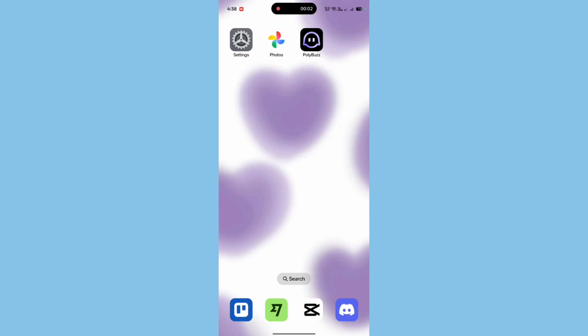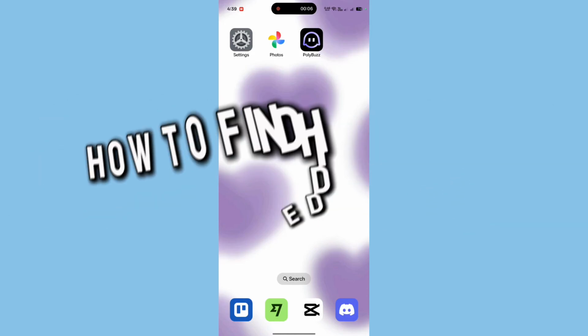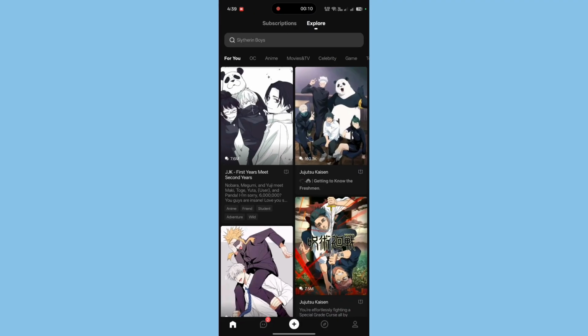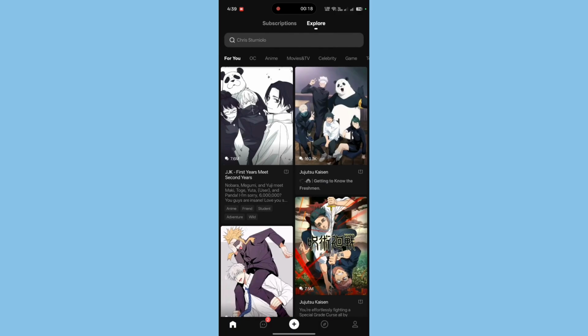In today's video, I will show you how to find hidden chats in the Poly AI app. To get started, open the Poly AI app on your device and make sure you are logged into your account. Once you're on the home page, look at the bottom of the screen and click on the message icon to